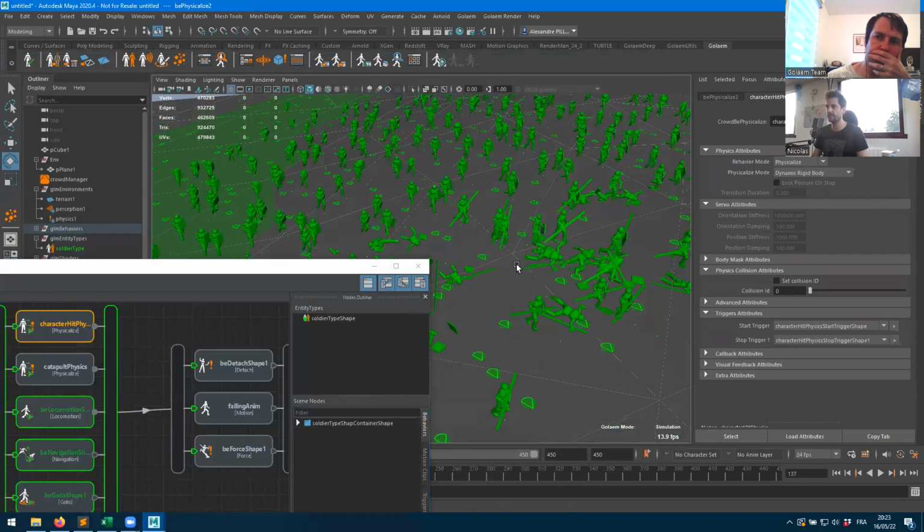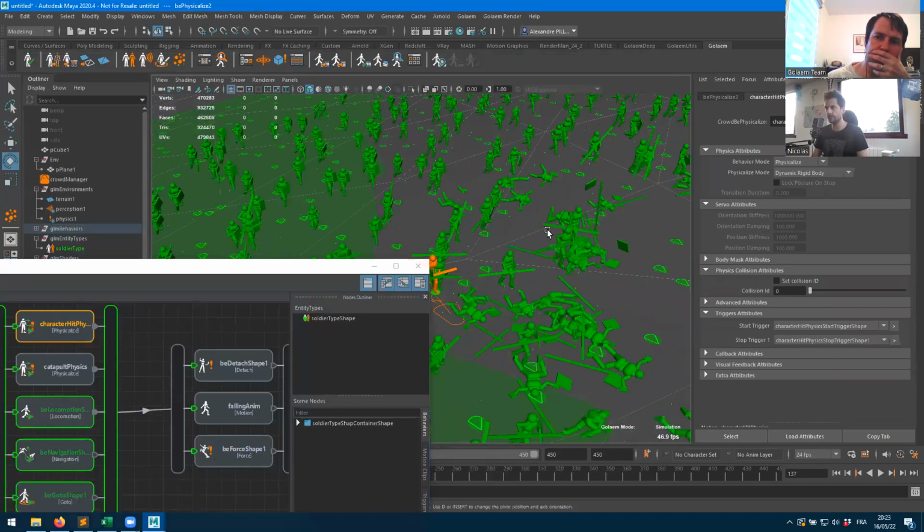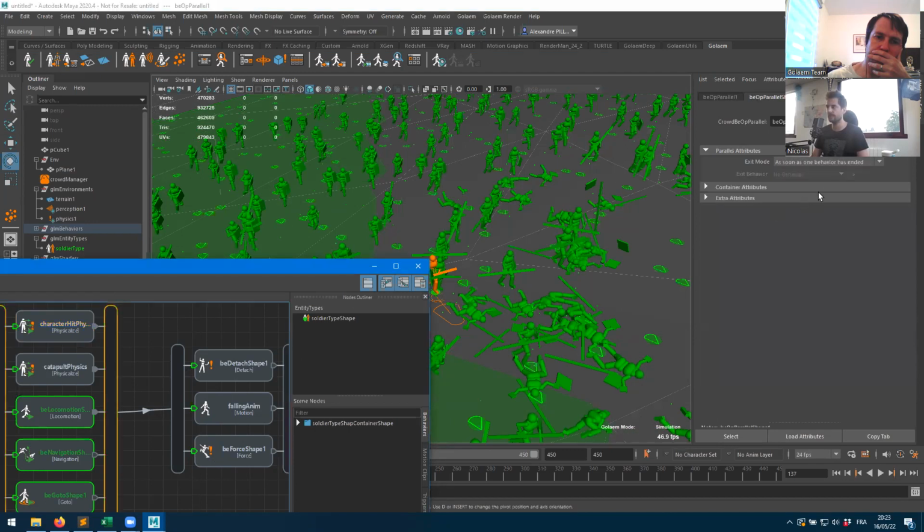Something which I'm not really happy with is that those characters which have been hit by another character, as soon as they go out of the parallel, will play that part of the graph. So they will detach, play the falling animation, play the force animation. If I don't want them to be influenced by that piece of the graph, what I can do is tell the parallel that rather than exiting and going to the next piece of the graph as soon as one behavior has ended, which means it doesn't make any difference if the character has been hit by a catapult or by another character,